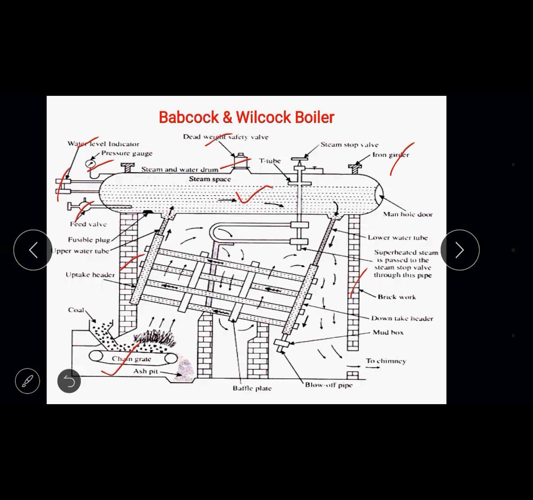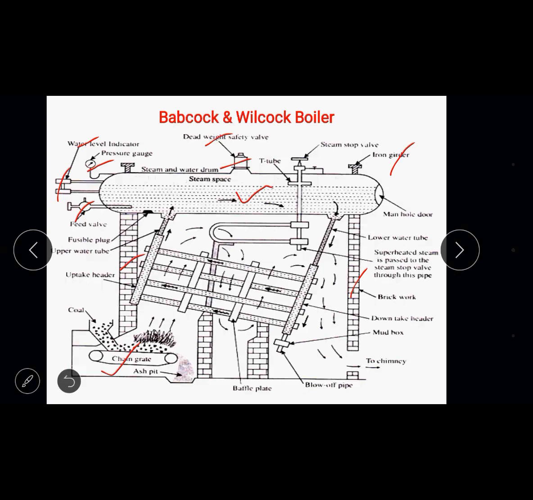The outcome really will be very severe. Then imagine the boiler drum. The boiler is a very huge and robust cylindrical vessel. Imagine if the dead safety valve is not provided, and if the pressure gauge fails to perform its duty, imagine what will happen. It will explode like a bomb. It will result in a very severe effect. So to prevent the explosion of the boiler drum, the pressure gauge and the dead safety valve should be working in a proper direction.